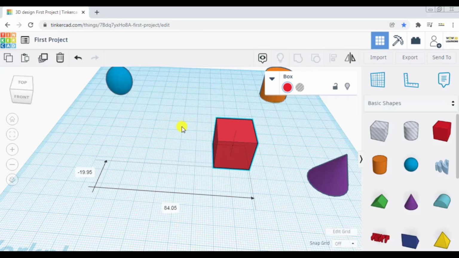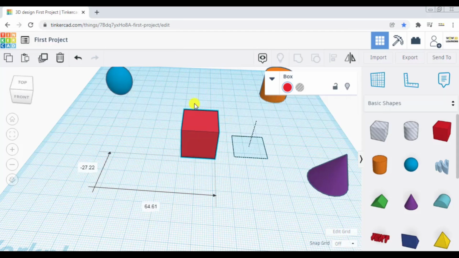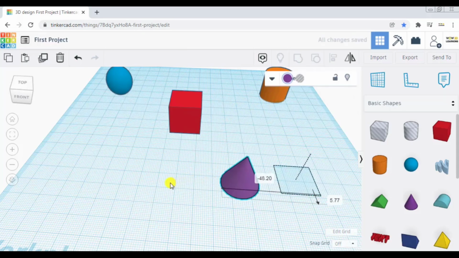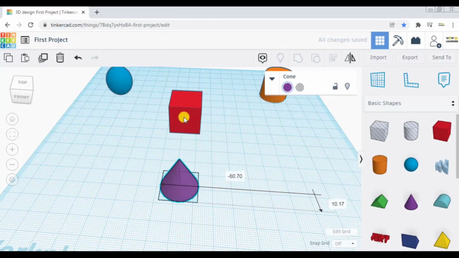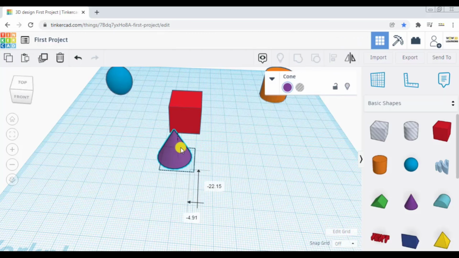Also one option that you have to see is, let us say this is the box. I take this cone and drag it here. Now I want to move the cone in line with the box. Either I can do it with the help of the mouse and just move it like this, but there are chances this might be dislocated rather than going straight.